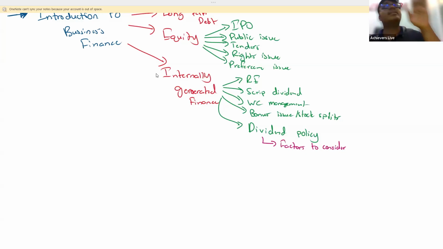Along with that, what are the other factors to consider? You have to consider the liquidity of the company. You have to consider any debt covenants. You have to consider the laws, regulations or legal factors in the country. So different factors are there, those you have to remember. So Ahna, what is TERP and VOFR? That is not relevant to dividend policy, no?